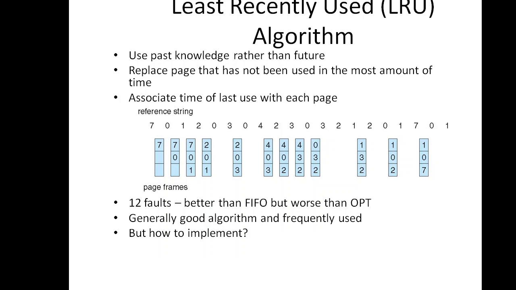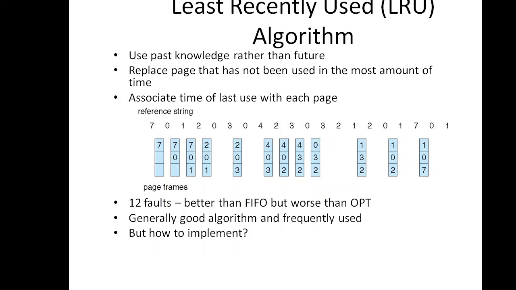Now next, coming to 2. In order to insert this page, I have to replace one page. So how will I replace? I will check each of the pages in the frame, and the one used least recently will be removed. First value is 7. 7 is the first reference. After that we have references to 2 values. Next is 0. 0 is more recently used than 7. Next is 1. 1 is also more recently used than 7. So 7 is the least recently used among these three values. So I can replace 7 with 2, that is in block 4.